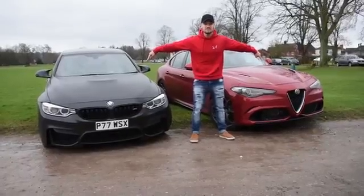QV. And I don't think this has actually been done on the internet before. M3 versus... never saw it. No. But behind are two four-seater powerful super saloon cars, family cars. In the pouring rain, with ridiculous power, rear-wheel drive,